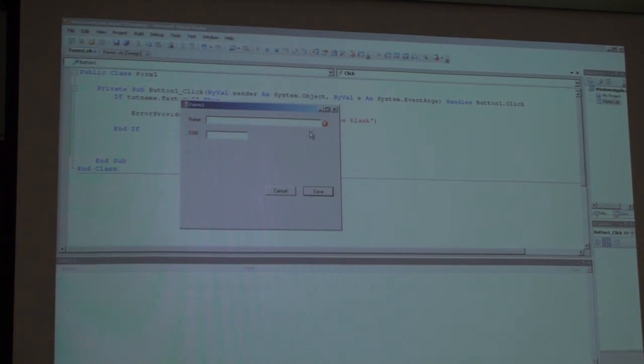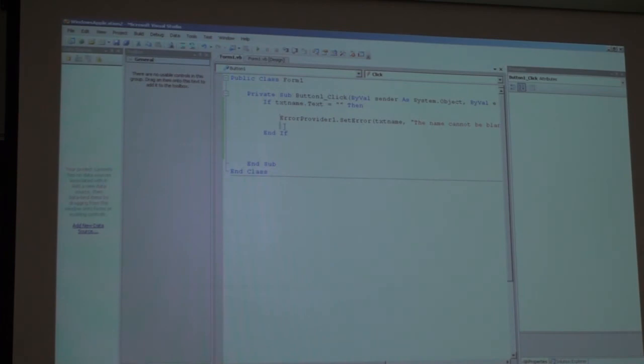Because the other thing that happens is, let's pretend your validation is that the name cannot be blank and the SSN cannot be blank. If you have a message